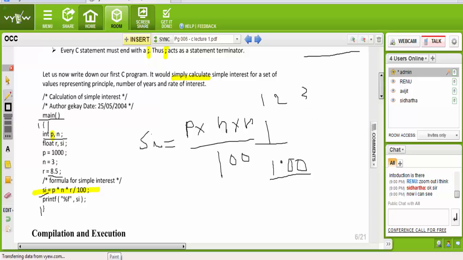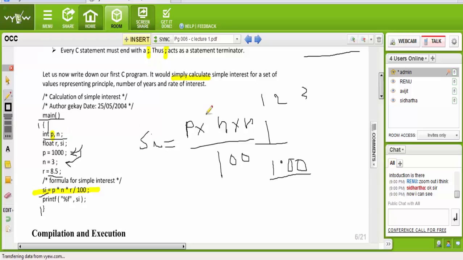Procedures: first we have to declare the variable characters. Variable characters mean what value the variable should contain. We know if we give the principal amount 1000 and the number of years 3, then those values are integer values. That is why P and N we declare as integer.